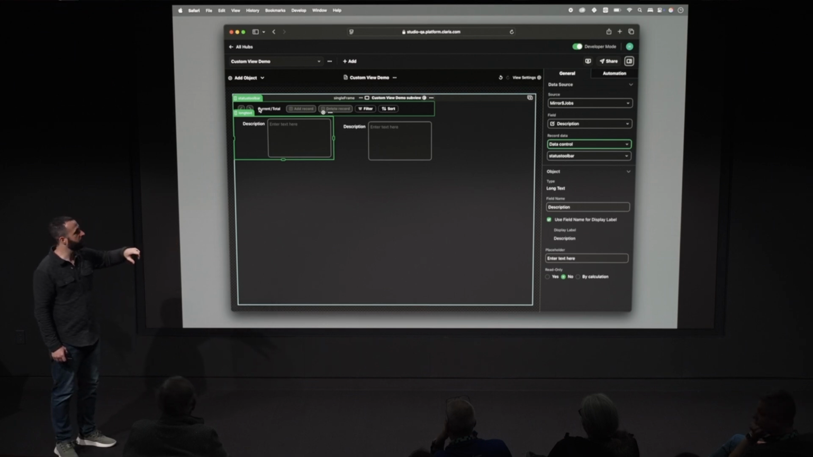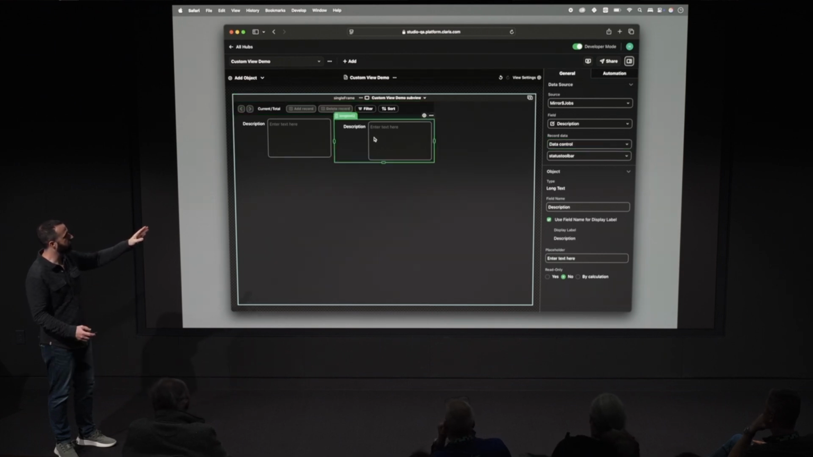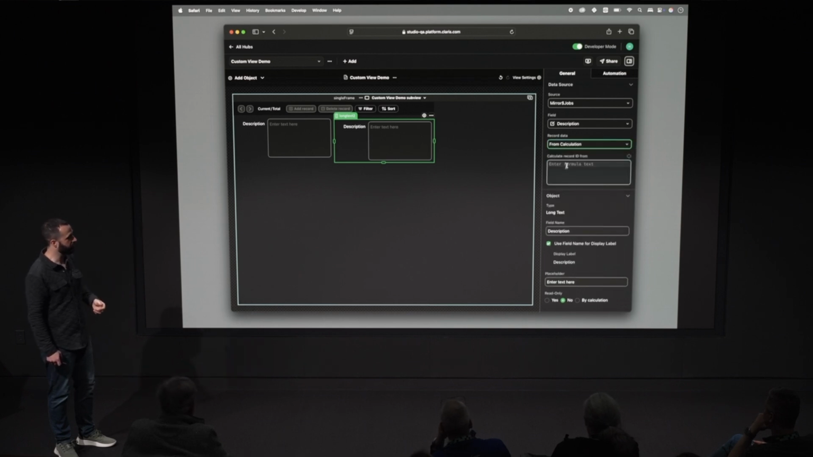So what that means is when a user navigates between the records, it's telling the description field, you should be on record 1, 2, 3, and show the appropriate data. I added a second description field because I want to show you that you can actually do this same functionality yourself via calculation. So we give you the sort of built-in way of using a data control, or you can